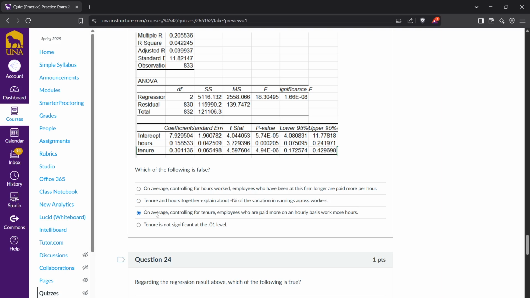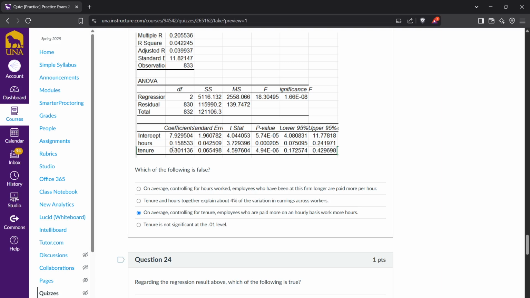Let's try this one. On average, controlling for tenure, employees who are paid more on an hourly basis work more hours. Ooh, look what they did there. Instead of saying employees who work more hours are paid more on an hourly basis, they said employees who are paid more on an hourly basis work more hours. Now, that is still technically true because the correlation is the same regardless of which variable you are looking at. It's just a little bit sneaky the way that phrasing is backwards from how you would normally interpret this coefficient, because the units on this coefficient